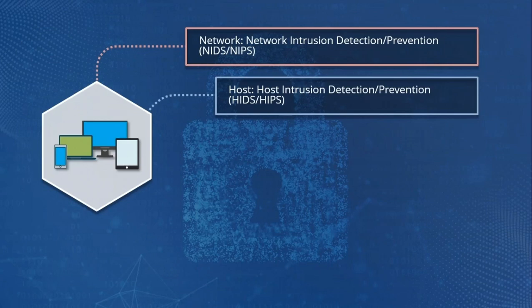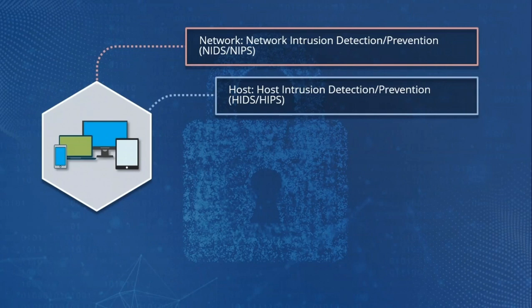Now in reality, there's usually a combination. For example, your network segments should have some sort of protection, NIDS or NIPS. And then specific sensitive servers should also have host-based systems. So for example, a web server in your demilitarized zone, your DMZ, should probably have its own host-based system. Now that's one way to look at these devices, their deployment, whether it's network or host.